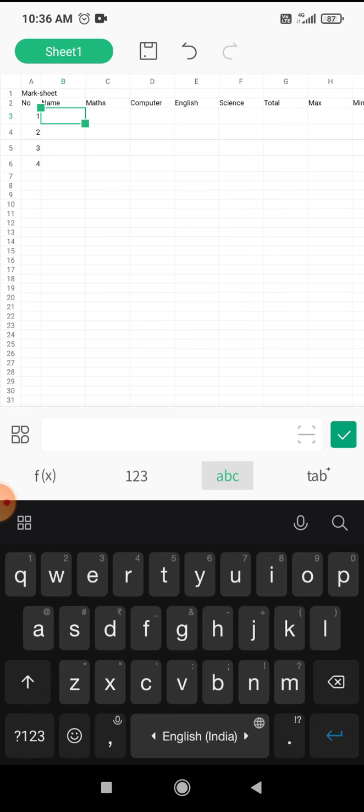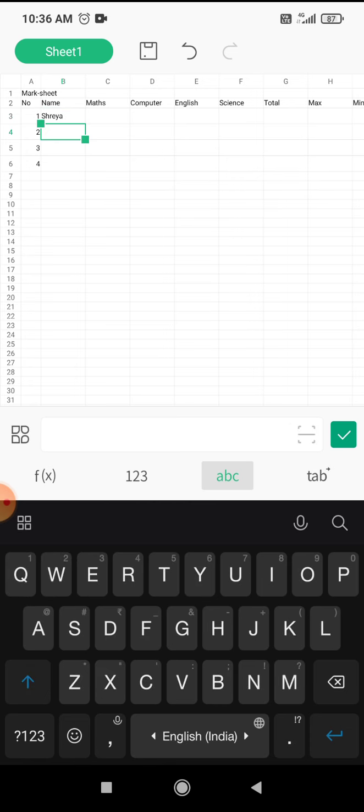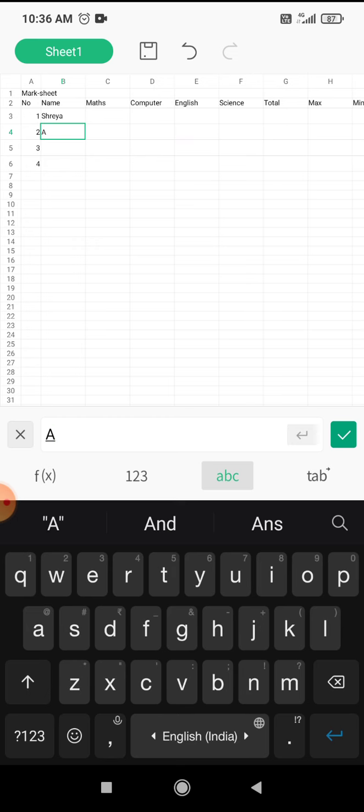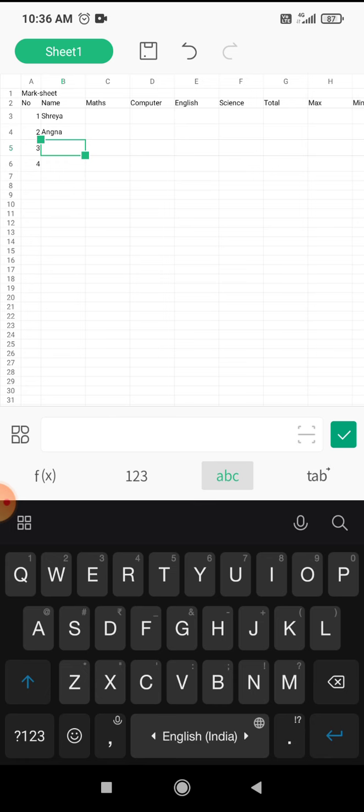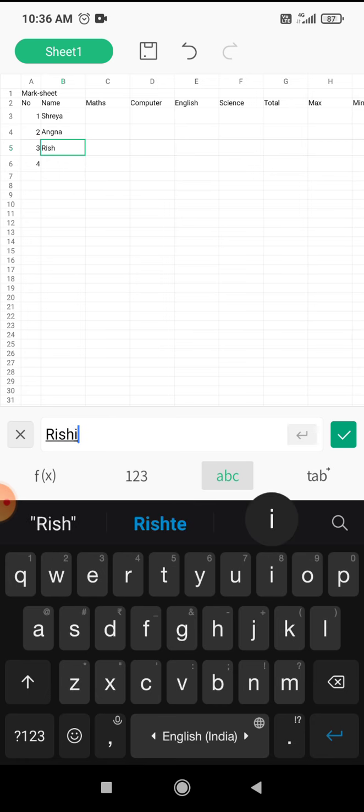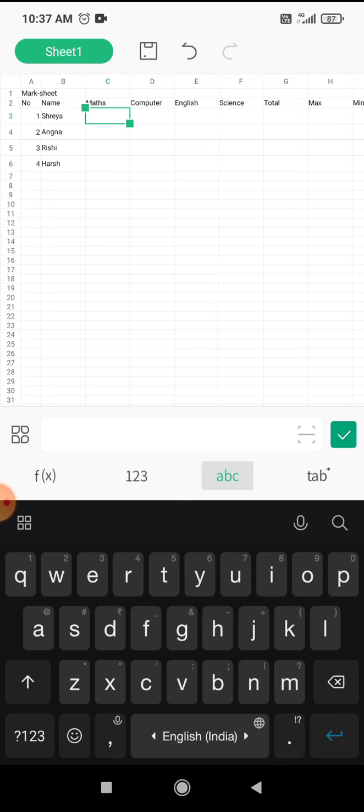Now I write here name. I write here the name of any 4 students.